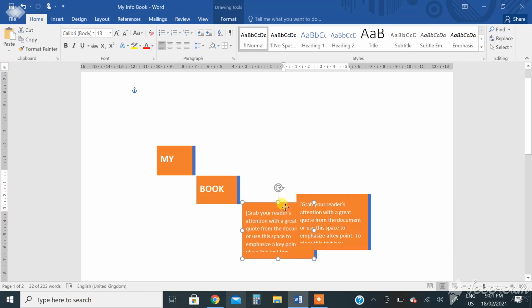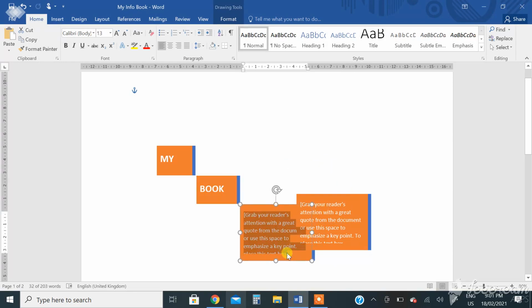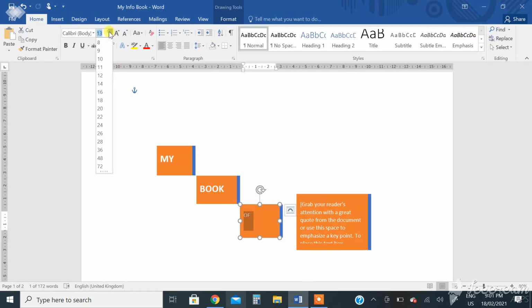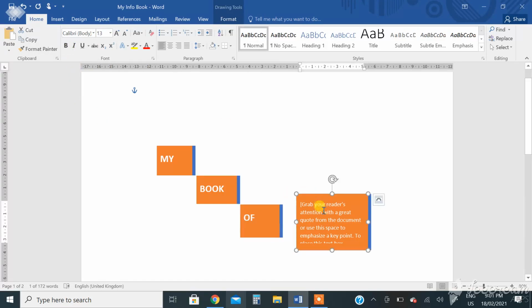And this one "of", size 22 and bold, and this "information", size 22.